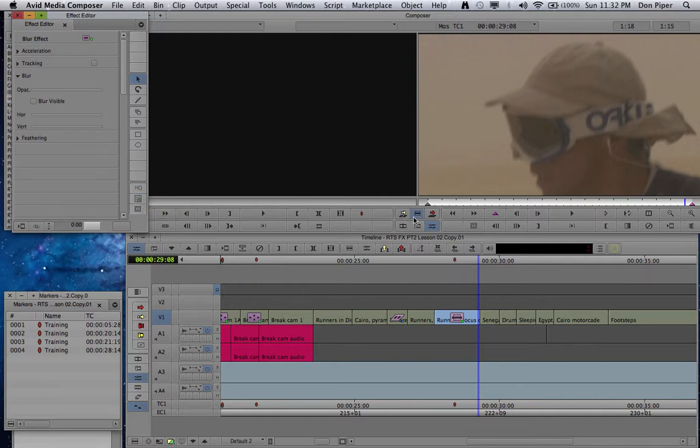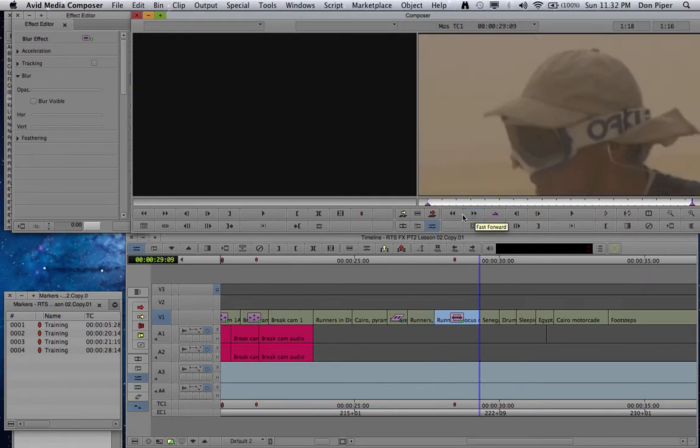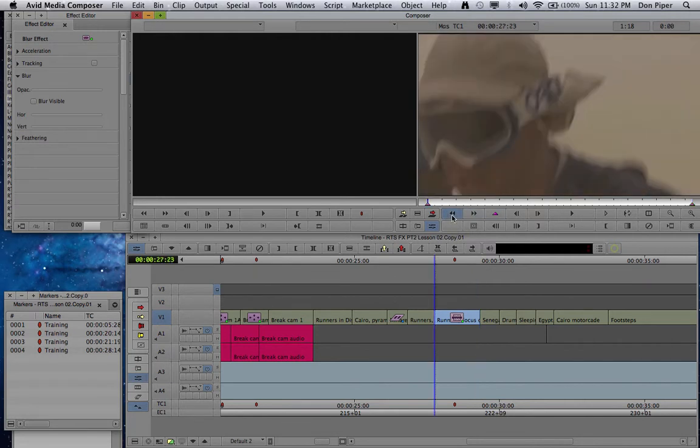So the first thing we want to do is park all the way back at the first keyframe. And by the way, the best way to get to keyframes is hit the rewind or fast forward. Notice if I am on the last keyframe and if I hit rewind, it takes me right back to the first keyframe. So we're going to go back into our effect editor. We're going to click on the tracking tool,